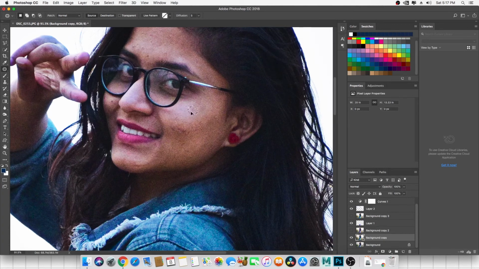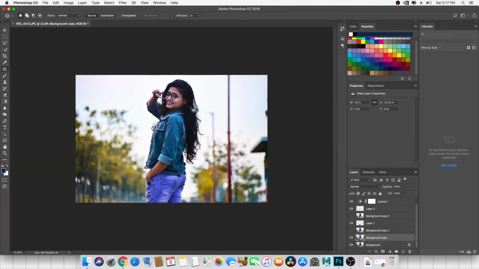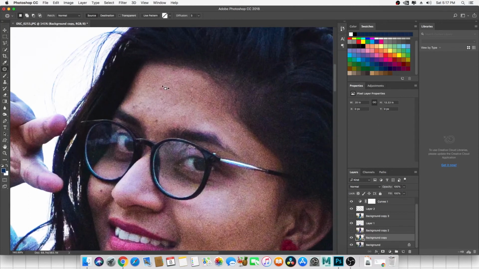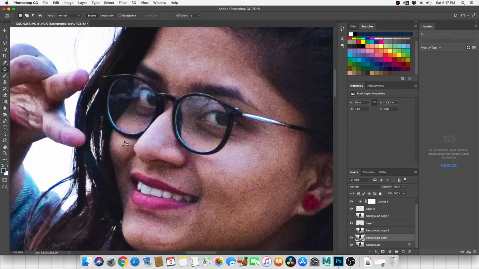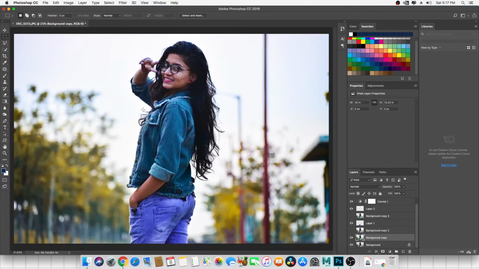Something like that. You have to patch a lot of times, up to you getting a desirable result. As you see, the spot parts are going, it's almost looking good to me. Next, this one, this one, this one, and this one, and last this one. If you want to take it some more, it doesn't matter. Now it's looking quite good.